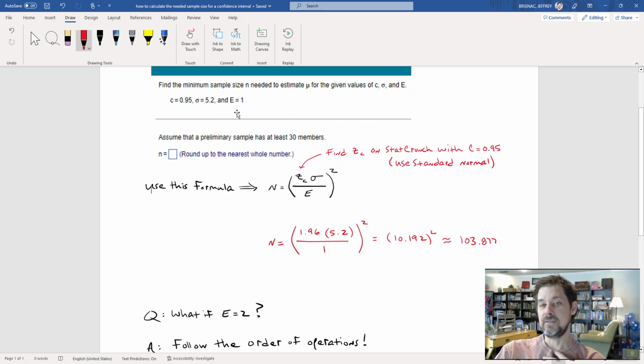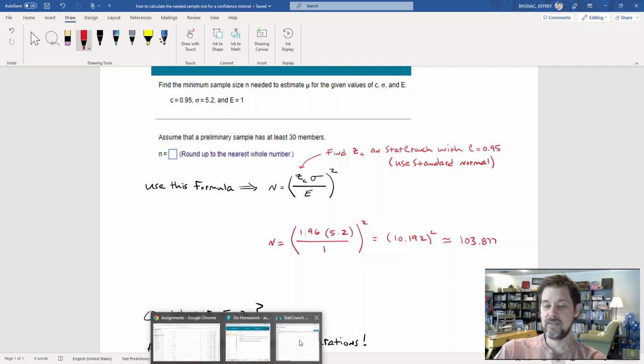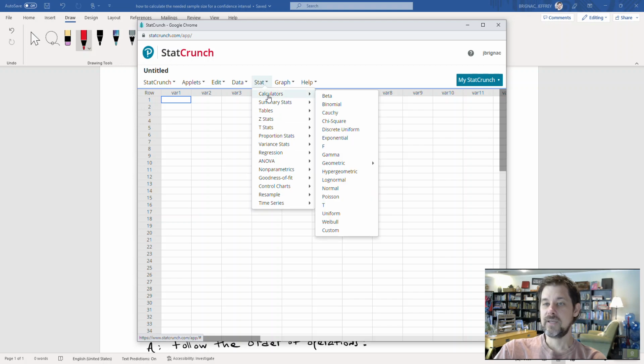The sample size needed for a confidence interval that's 95% with a margin of error of 1 is like this: ZC, which we find with StatCrunch on the standard normal, times sigma divided by E, and we square that. We're given sigma, right? Sigma is 5.2, so I put that in. We're given the desired margin of error, that's 1, I put that in. The only number I have to find is this ZC right here, which I will find on the standard normal at 95%. What I would do from there is open StatCrunch,